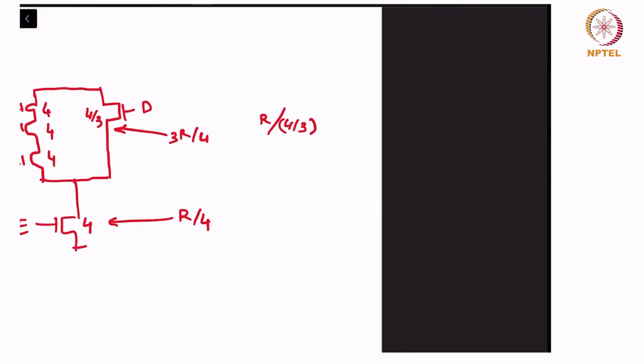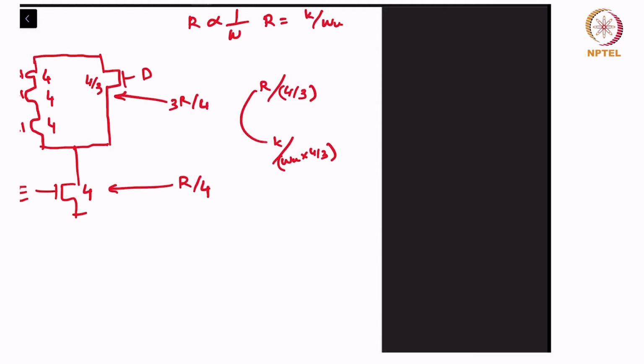Right, because again R divided by 4 by 3. So R is K divided by WU into 4 by 3. Right, R is equal to K by WU. Why? Because R is inversely proportional to WU, the width. So the K is the constant of proportionality. So I just substitute for R there, and so that means the width is, so if R1 is equal to this guy, that means this would have to be the width over here, because this is the constant of proportionality, right? So yeah,